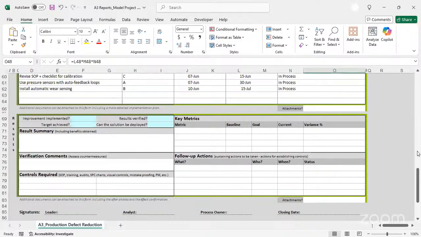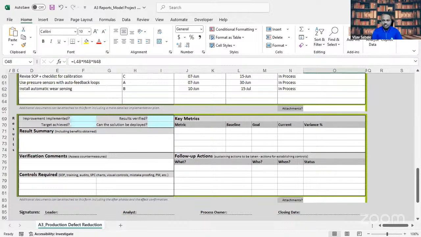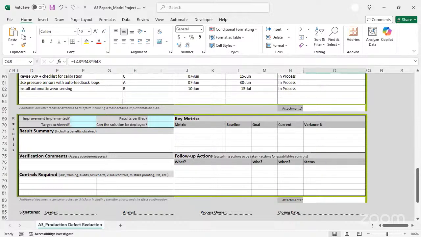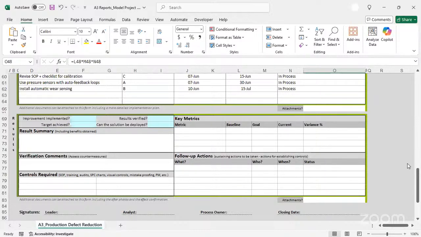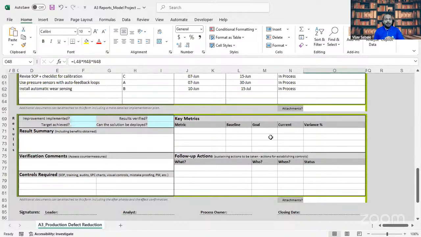In that, we are going to talk about, okay, we define the solutions here, right? But implementation is not like you just go and implement. There are a lot of things involved, like preparation, approval, and the justification of your case, right? So there are a lot of things involved in the implementation. So we'll cover everything in detail.